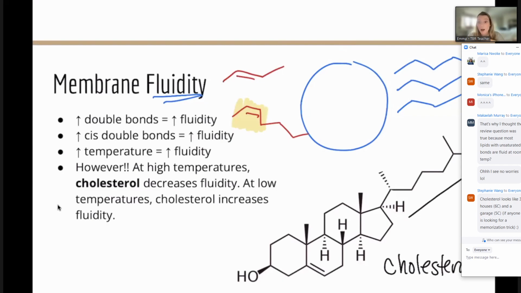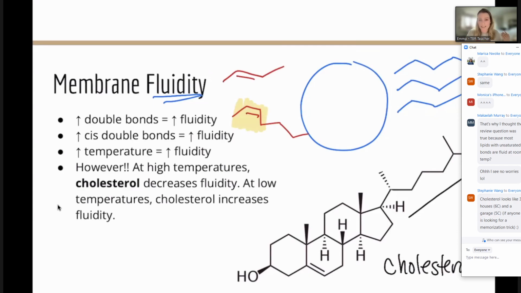Cholesterol is really popular in the plasma membrane, because cholesterol is really good for structure and support. And so it wants to be kind of like a party in there. It is mostly hydrophobic, so it's usually wedged in between, likes to hang out with the tails. It's basically a member of this lipid family, so it's going to affect our fluidity.